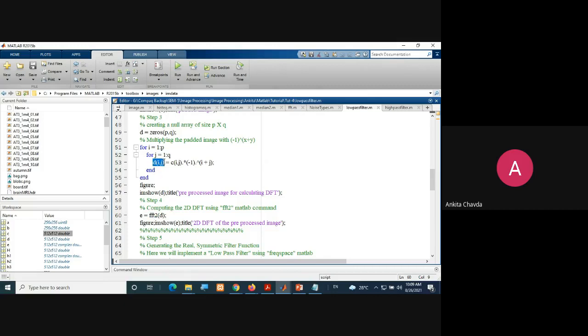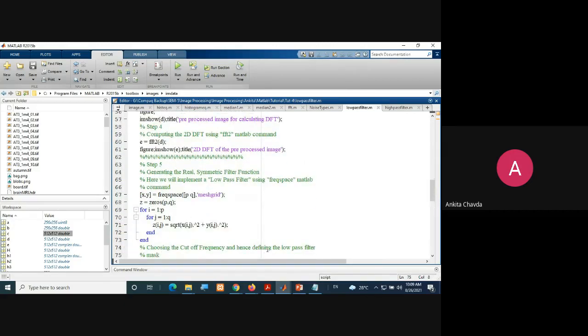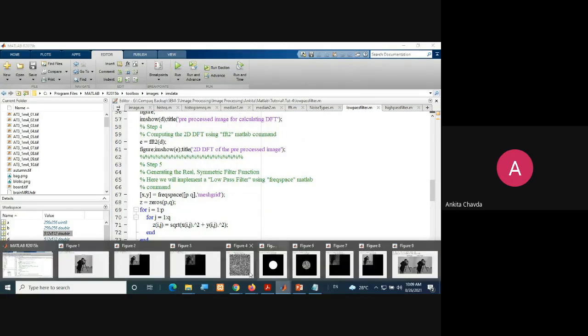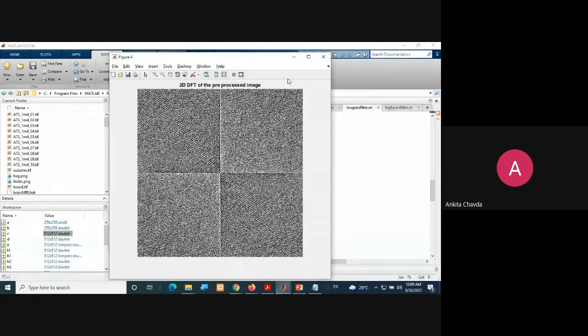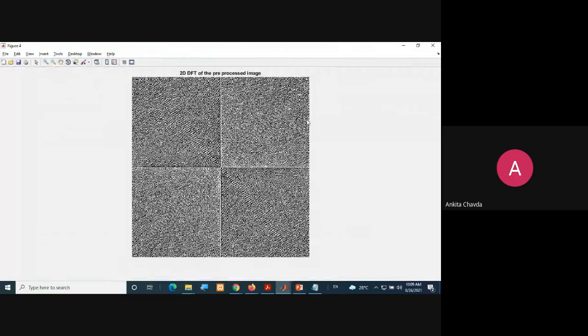So you are converting your image D, and finally that image in the frequency domain will be stored in E. So E equals FFT2 of D. So this is what your image looks like in the frequency domain. This is your image converted into the frequency domain.